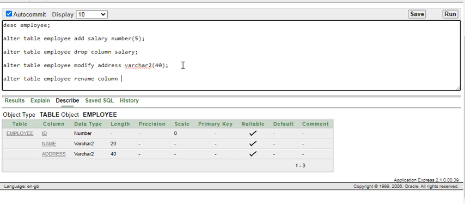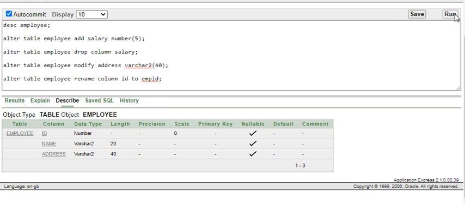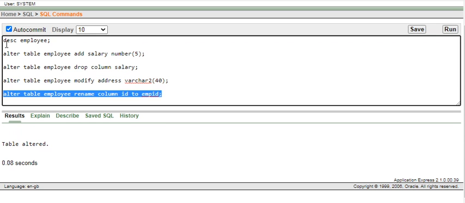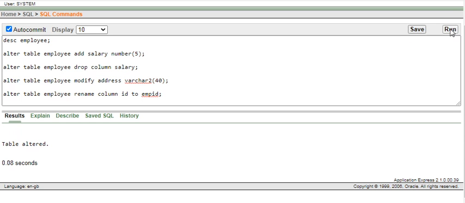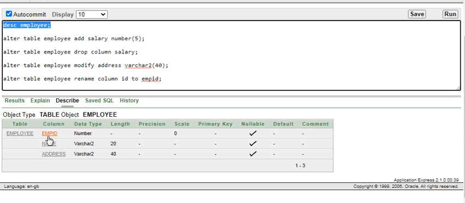So what is the original? ID to emp ID. We are renaming the column: which column? ID, to which name? emp ID. So select this and run. Table altered. Now we will run the description command. See here, initially it was ID, now it is emp ID.